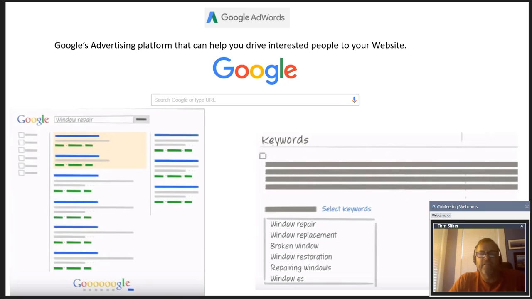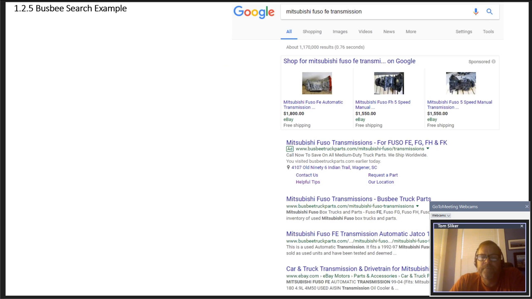Now, what I want to talk to you about a little bit is how it's not as easy, unfortunately. Some people think it should be, but it's not. It's not as easy as just opening up your wallet and buying the top spot, because Google wants to put information at the top that's most likely to get clicked on, right? Remember, they make money from clicks.